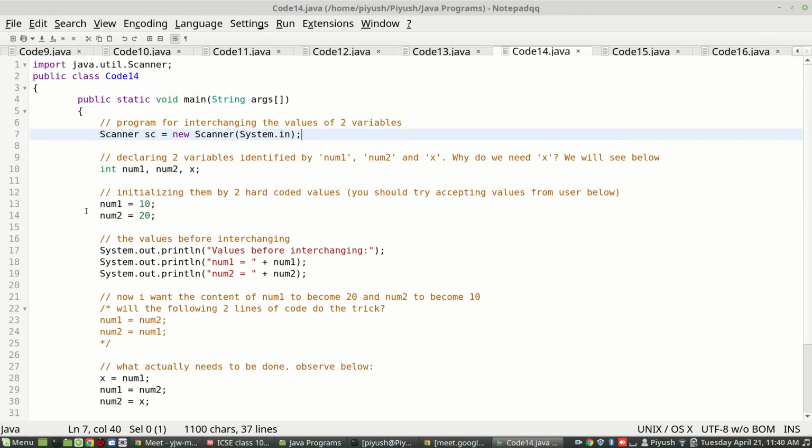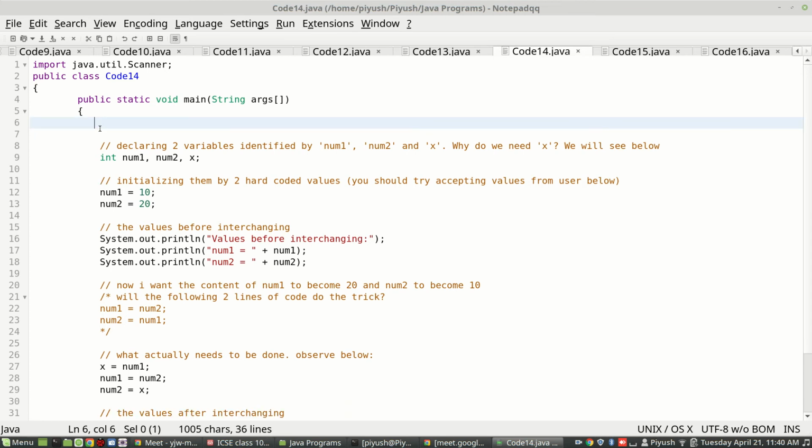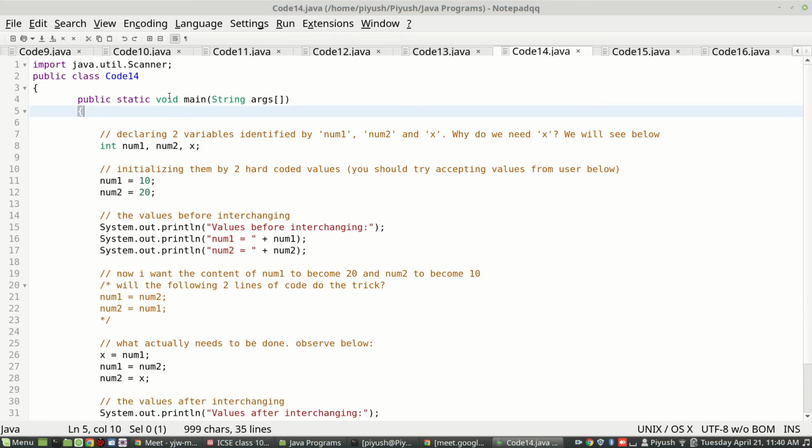So what I did, I took num1 for storing the first value, num2 for storing the second integer value. I have taken integer, you can take float and you can take decimal numbers also, that won't be a problem. And yes, I have taken hard-coded values. What you will try when you are practicing is to ask for the values from the user and then interchange the values in the variables. So here you will write int.nextInt and then you will add a scanner and all. Here in this case, though, you don't need a scanner. Okay. So I'll just remove these two lines.